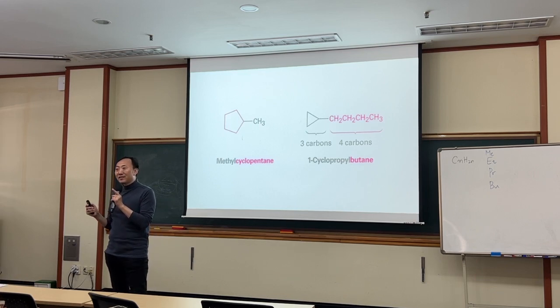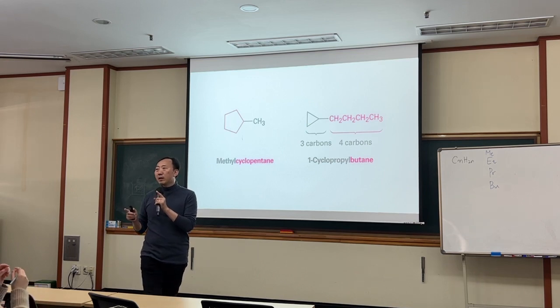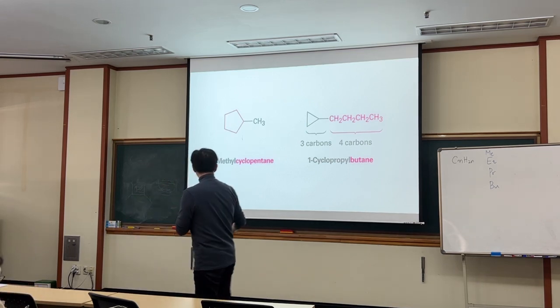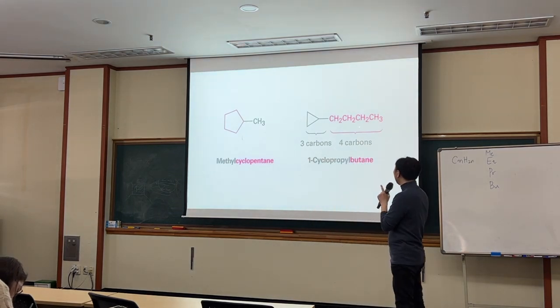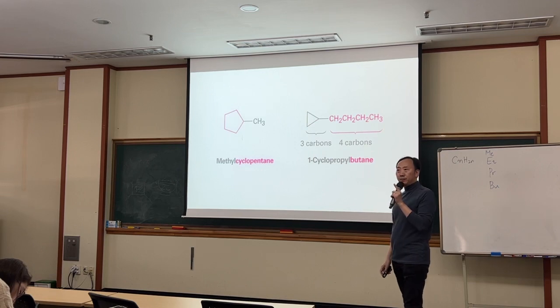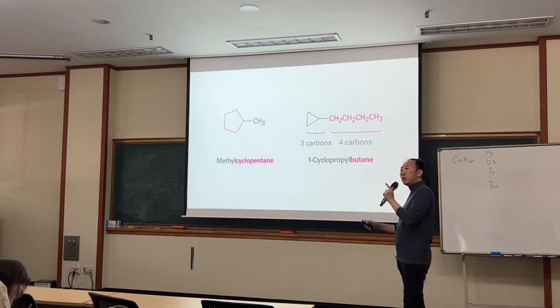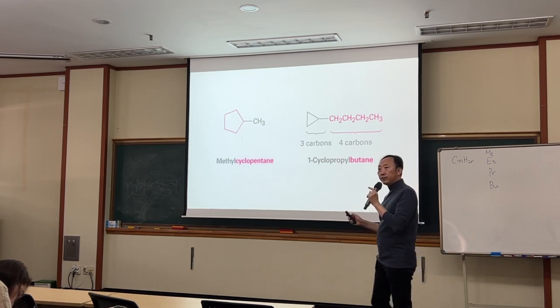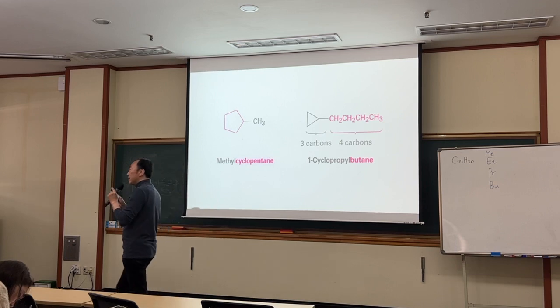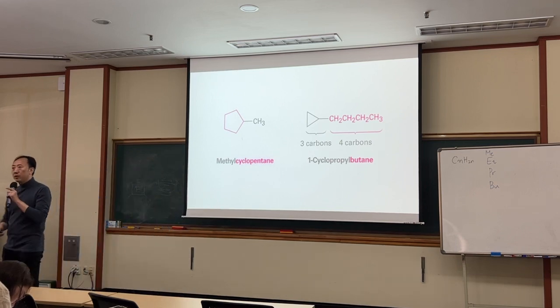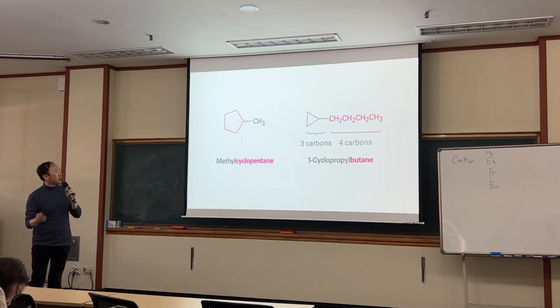Cyclic means... okay. So if it's the same carbon number, then you use the cyclic form as the core structure. Then the name should be propylcyclopropane. Okay, makes sense? Not the other way. So the longer one wins, or if it's the same, then the cyclic structure takes the priority. Okay, so based on this,